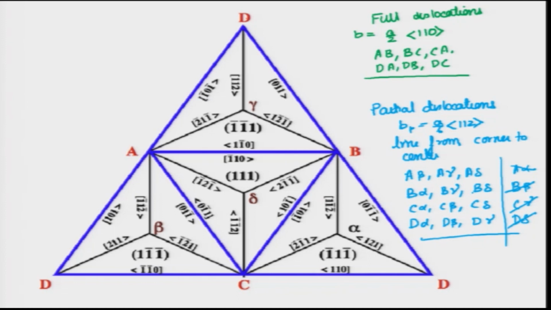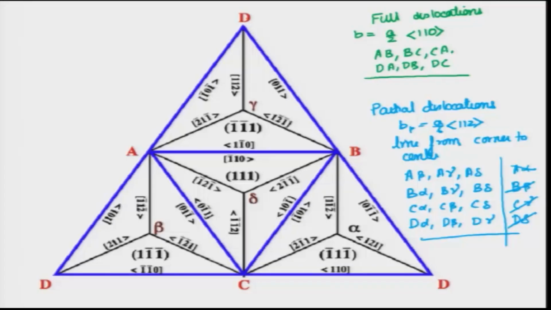Now, using this notation there is still another advantage. Let me show you that you can describe the dissociation of a full dislocation into the partials using this notation. Now, what is that notation? Let us see. So, if you have the full dislocation, let me use a different color again. Like we said, AB will represent a full dislocation. Now, this AB can dissociate into, now you can see this is AB.